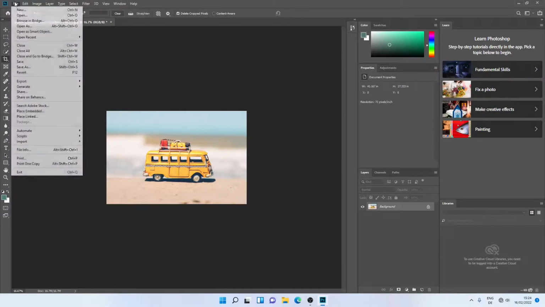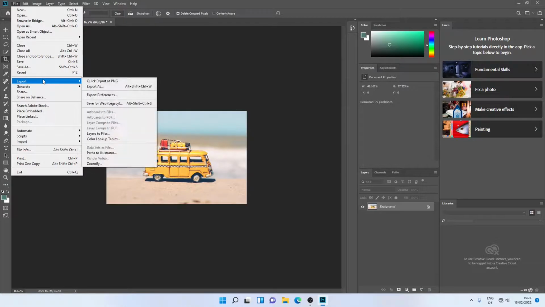Now I'll simply save this image. So if you save it, it will be saved as a project. So I'll just export it to a PNG or JPEG file. So if I do quick export,